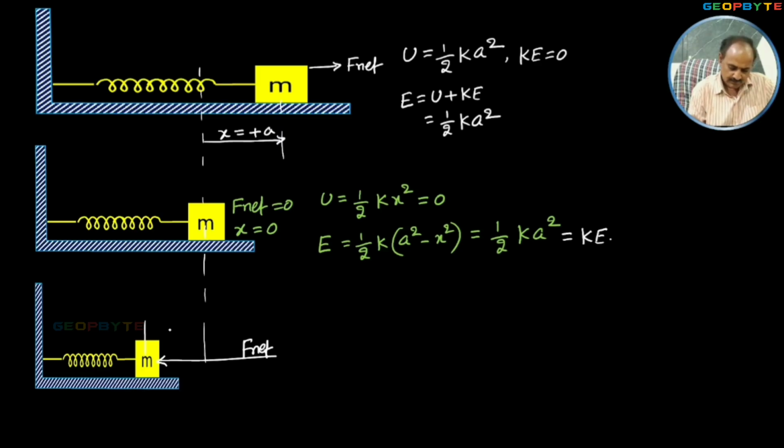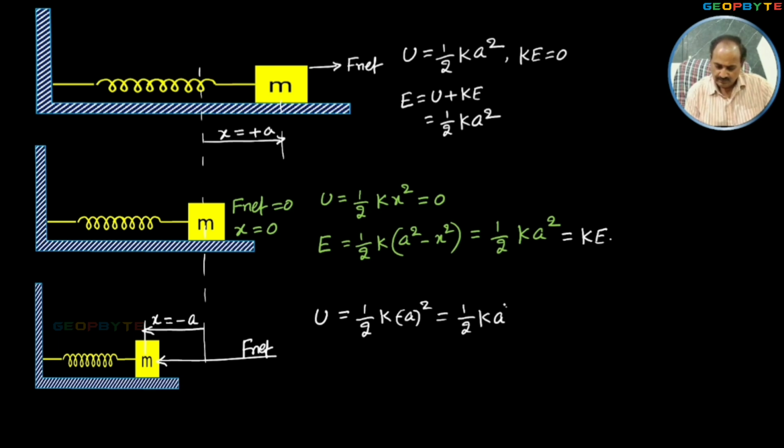Let that compression distance of the spring be x equal to minus a. For this case also, U equals half into k into minus a square, which is half k a square. The total energy equals the maximum potential energy stored, that is potential energy plus kinetic energy. For this case, kinetic energy,